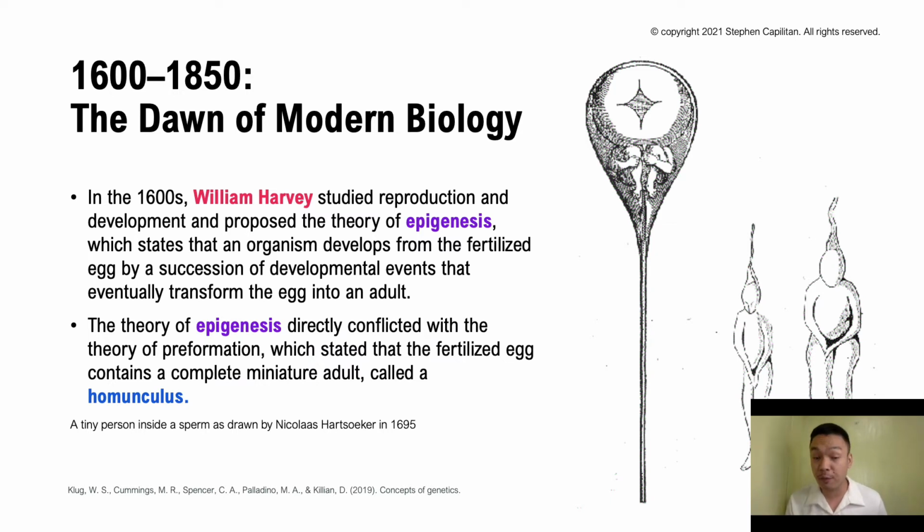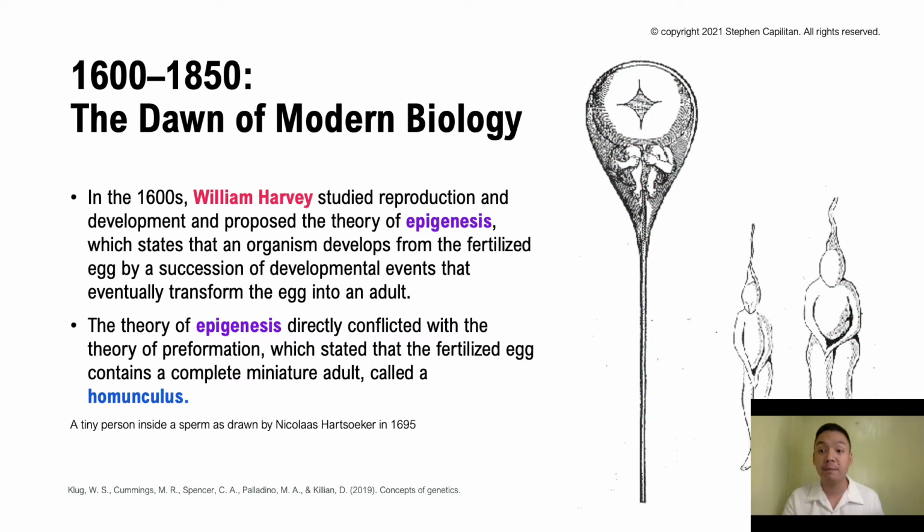theory of preformation, which stated that the fertilized egg contains a complete miniature adult, which is called a homunculus. So you can see a photo on your right, a tiny person inside a sperm, which was drawn by Nicolaas Hartsoeker in 1695, and the homunculus. So they believed that an organism is contained within the gametes, okay, and it will develop as